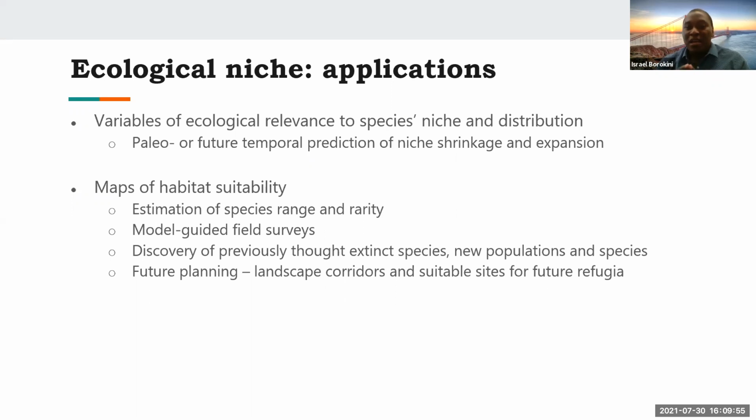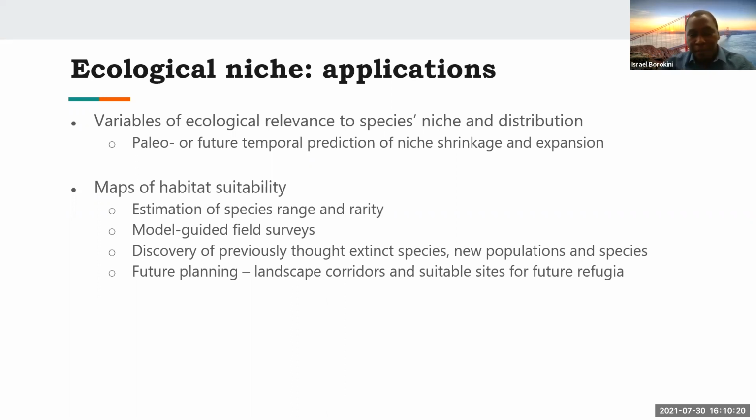then the niche of that species is going to shrink, because areas that used to be suitable or favorable for this species may no longer be available. So we can identify important variables, and then use those to predict what the future will look like, or to backcast how the species distribution looked many, many centuries